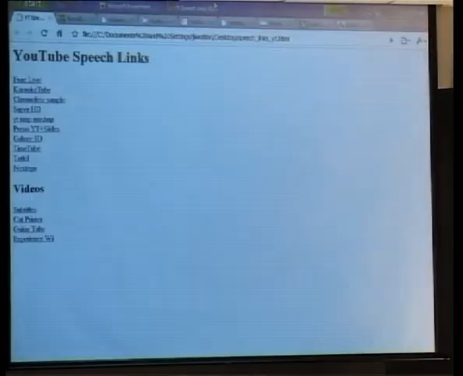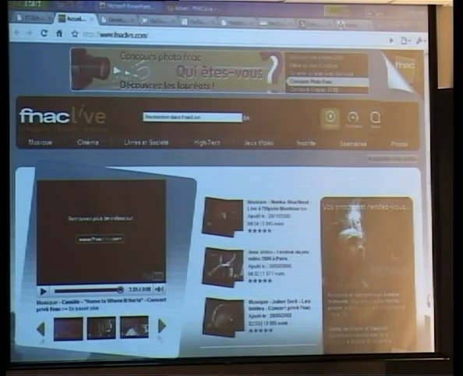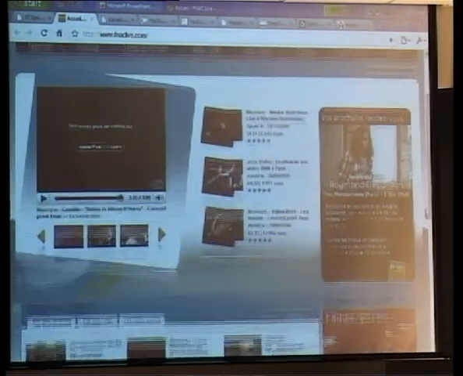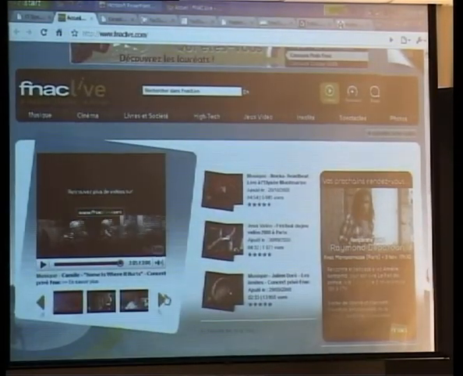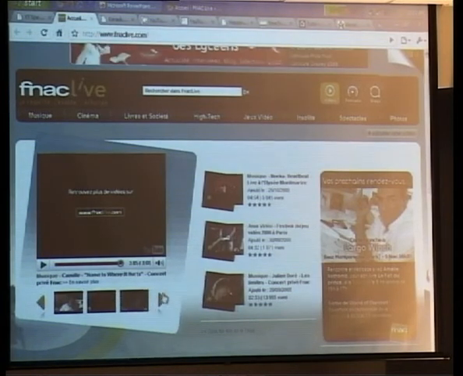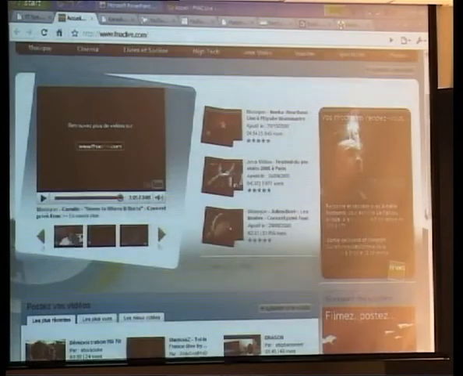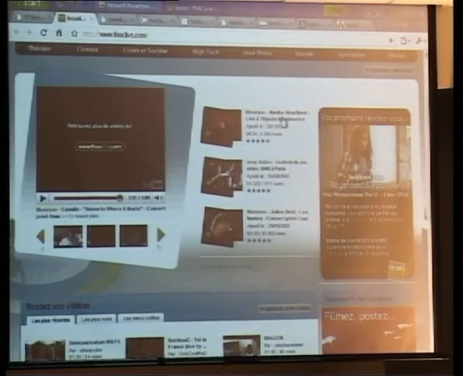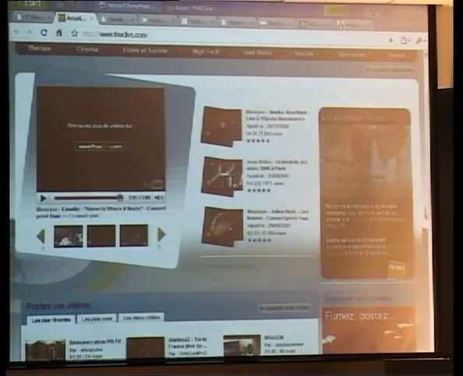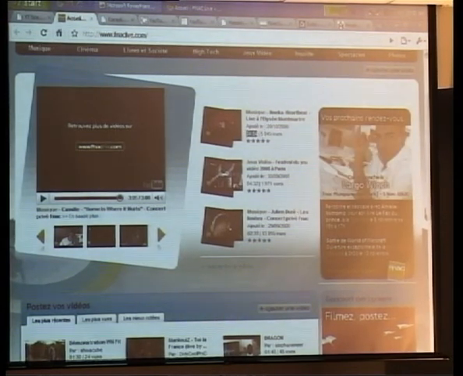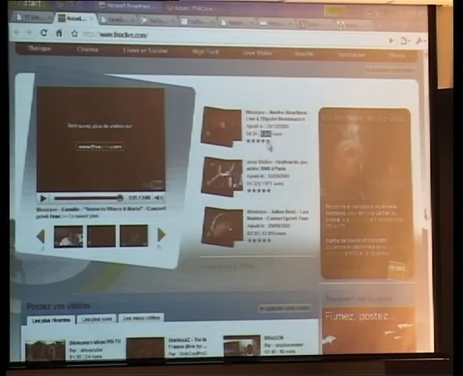Okay, let's have a quick look at this one. So this one basically embeds videos. You can switch from one to another here. So you've got the embedded player here. And then you've got on the side more videos here. You see the title of the video, you see when it was added, you see the length, the duration of the video, also the number of times it was viewed, and the rating. All this is pulled from YouTube.